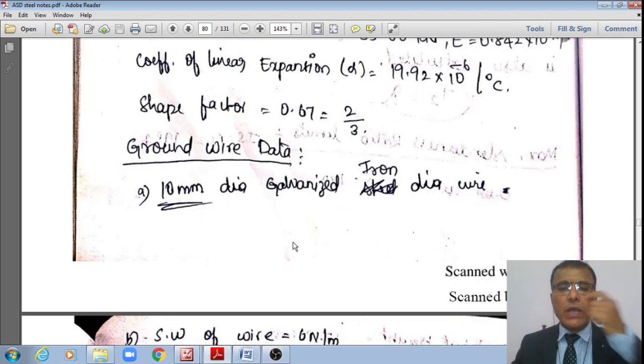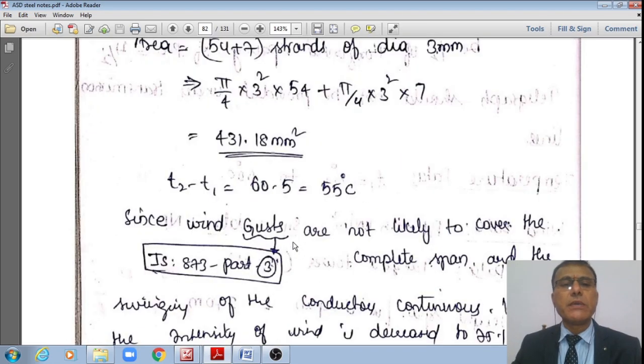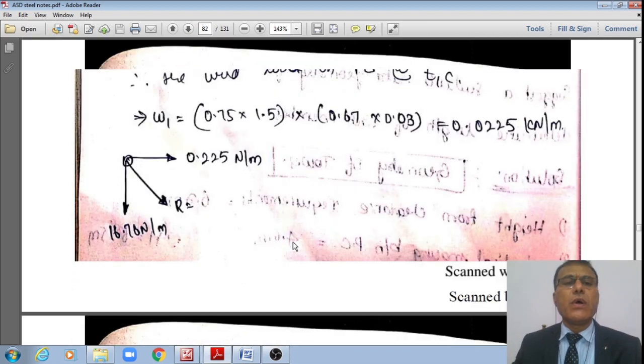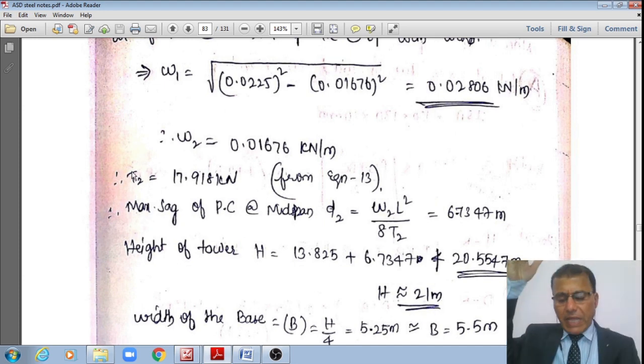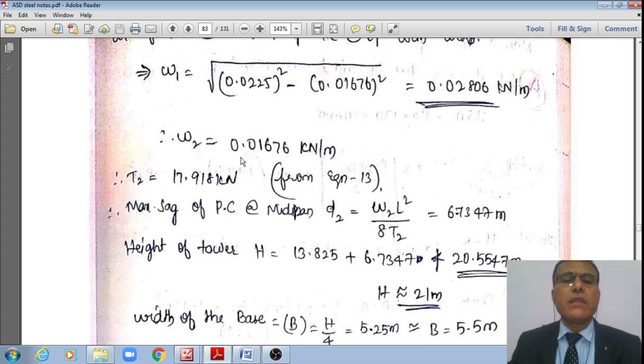Now I'll substitute all these inputs, so that the only unknown is T2, when temperature is maximum, in the hot summer. Corresponding to that, what is the tension in the cable when maximum dip is there? Substituting in equation 13, I get tension T2 is approximately 17.92 kilonewtons,